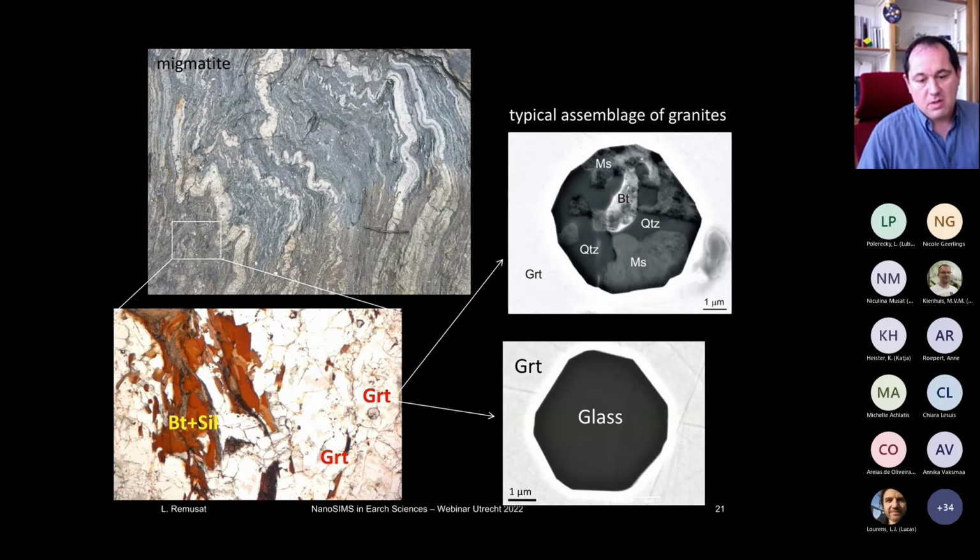If you zoom in and use a geological microscope, you would see the typical assemblage of this kind of rock, with garnet, biotite, and sillimanite. In the garnets, you have tiny inclusions. When I say tiny, they are a few microns large. They can be only glass, or they can be polyphased. When you have several minerals, it's the typical assemblage of granite: quartz, mica, biotite, and you can also have feldspar and another kind of mica,